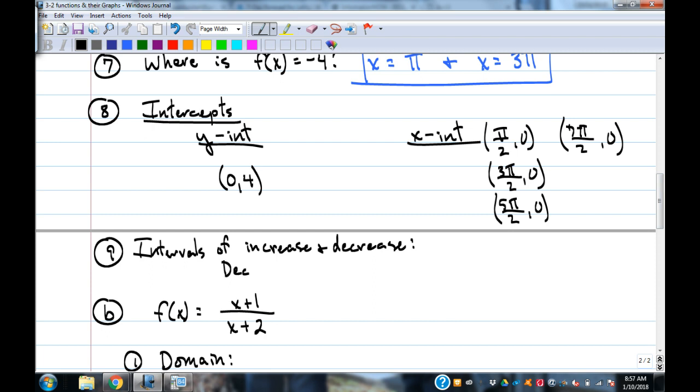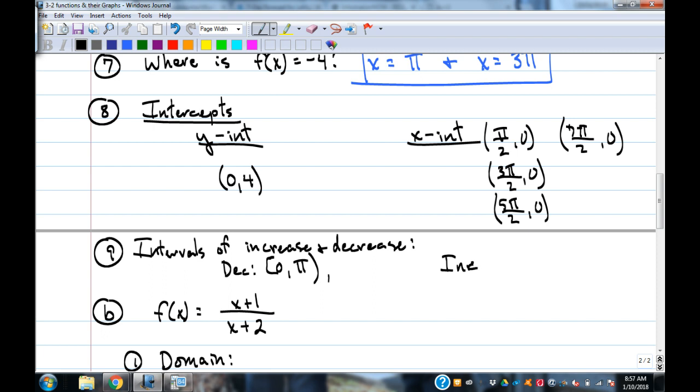So we'll put DEC for decreasing. And it's decreasing from 0 to pi. And at pi is where it's turning around. So we can't include pi in the decreasing interval. So we're going to put a parenthesis there. Okay. And then